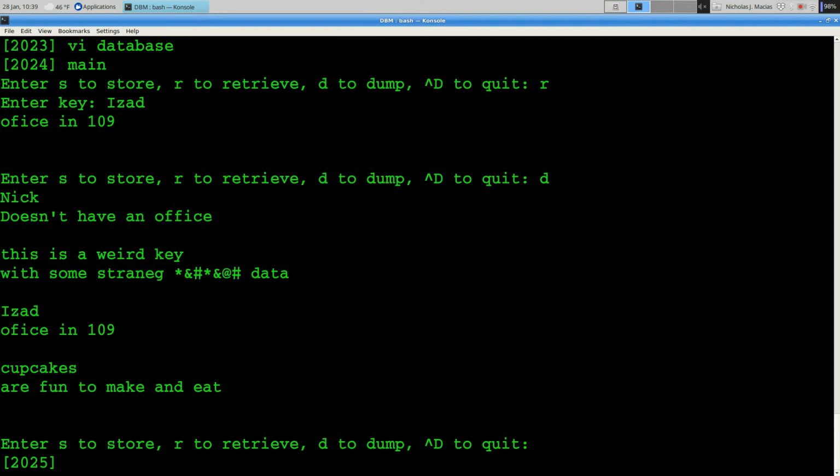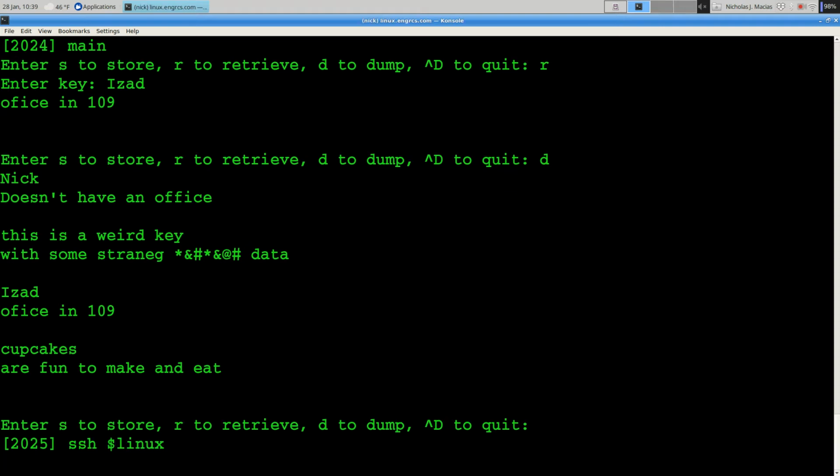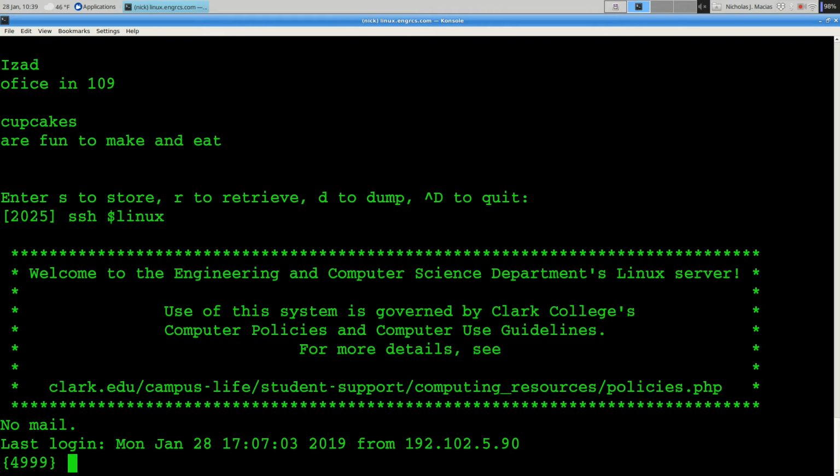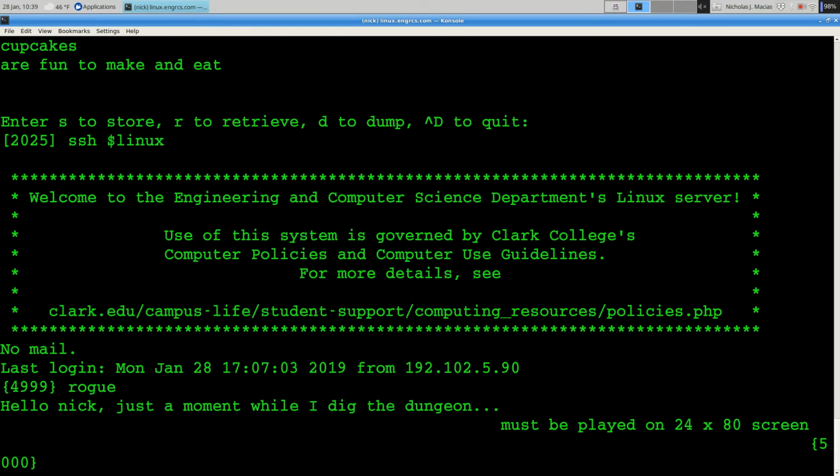How many people here play Rogue? Oh man. You're far enough along you can afford to get distracted. So yeah, so Rogue is on